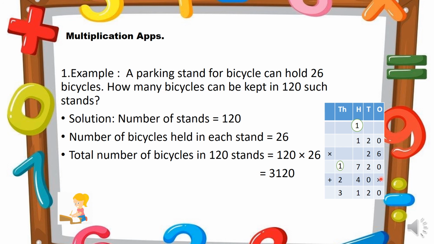When you are doing with the second multiplier, here you have to place at the ones place 0 or put the symbol. 2 zeros are 0, 2 2s are 4, 2 1s are 2. So you have to add these two rows. 0 plus 0 is 0, 2 plus 0 is 2, 7 plus 4 is 11 and carry 1 is placed here, 2 plus 1 is 3. So we will get the product as 3120. Hope I am clear to you.